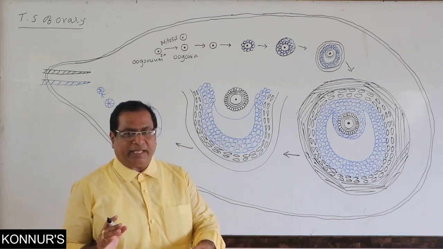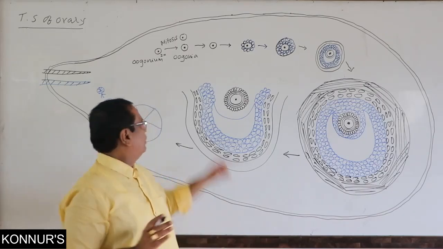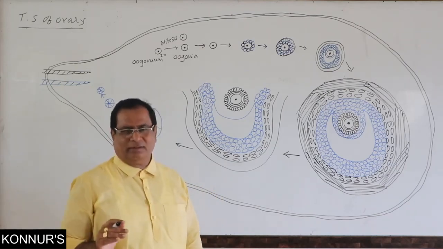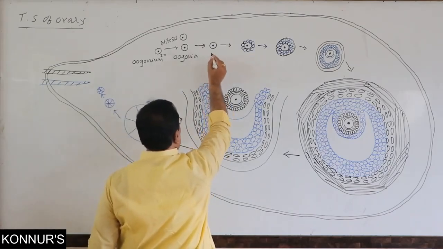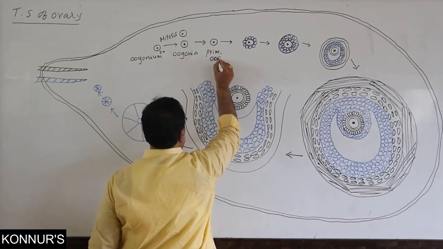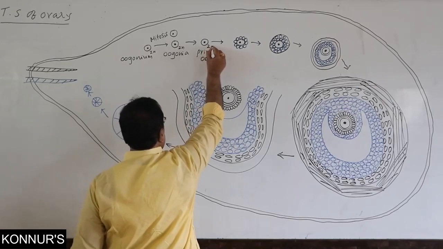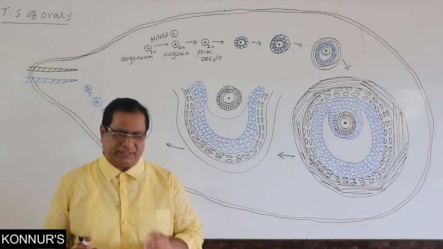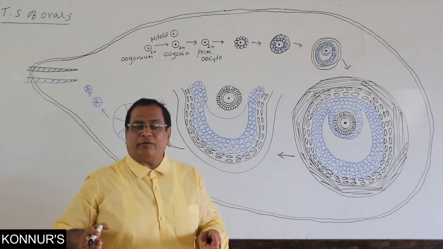And when the birth of that female child takes place, in the ovary of that female child there are around a couple of million oogonial cells. In all of them, meiosis first starts and is arrested at prophase first. Then such oogonial cells are named primary oocytes. I have drawn the primary oocyte here, and these are also diploid. No doubt meiosis started, but it stops at prophase first. And now from birth to puberty of that female,